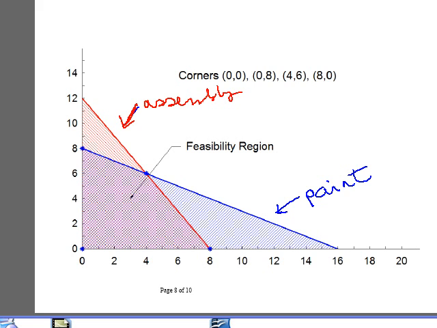And if you remember the corners, which you might not, the X and Y-intercepts for the paint, here was the Y-intercept, here was the X-intercept, and for the assembly, here was the Y-intercept, I'm sorry, and here's the X-intercept. Anything that I schedule that's less than this line will get done in terms of assembly. Anything less than the red line, and I've shaded that in red. Anything less than this blue line, which is shaded over here in this region, any combinations of, this is X and this is Y,